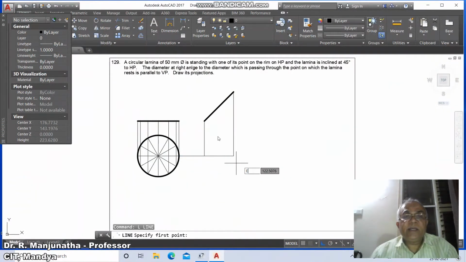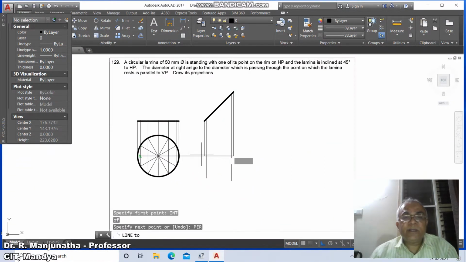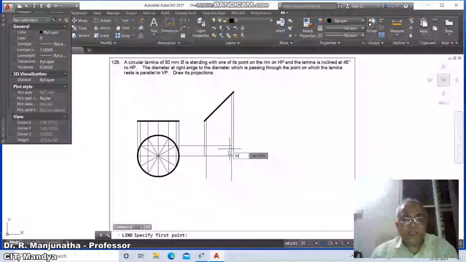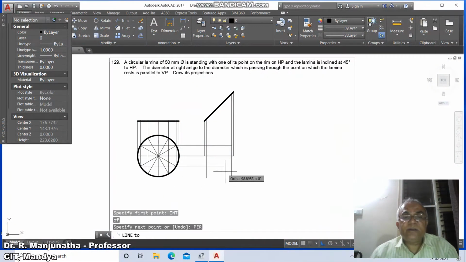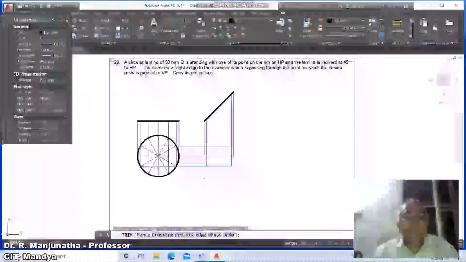Similarly, line, take the end point of this and draw a vertical line, and take the end point of this and draw a vertical line. With that, take int of this and draw perpendicular to this. Similarly, line, take int of this and draw perpendicular to this, then go to trim between these two, then go